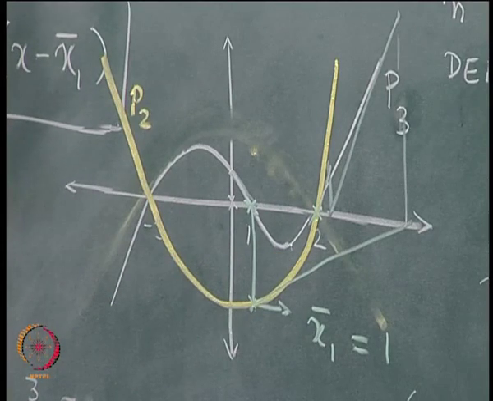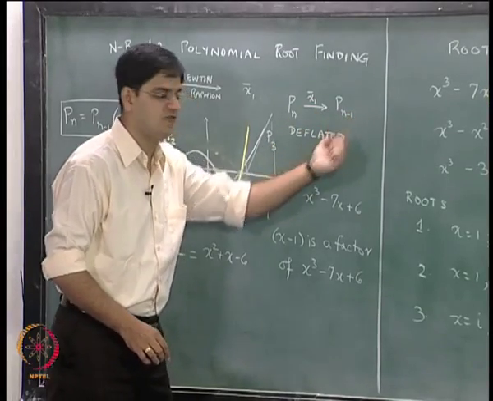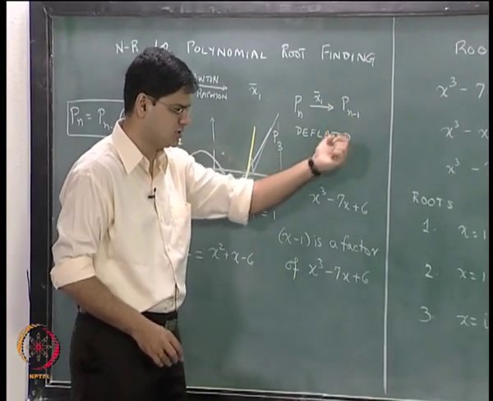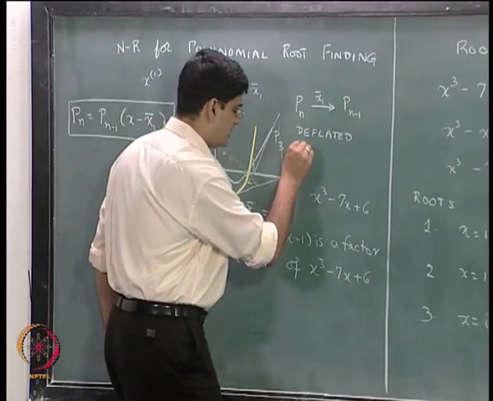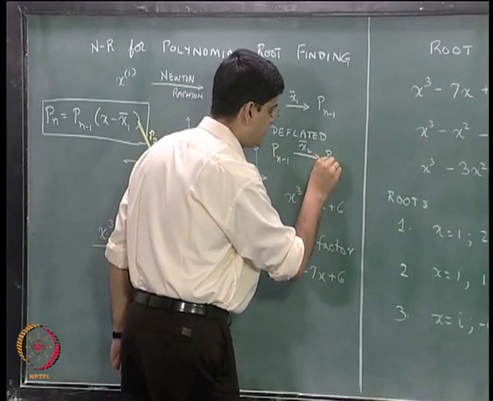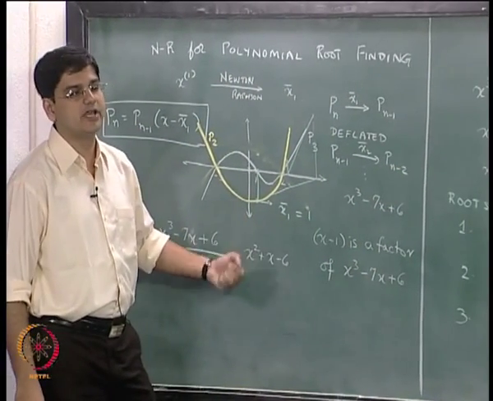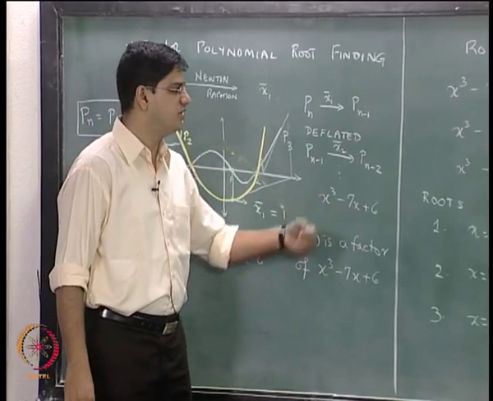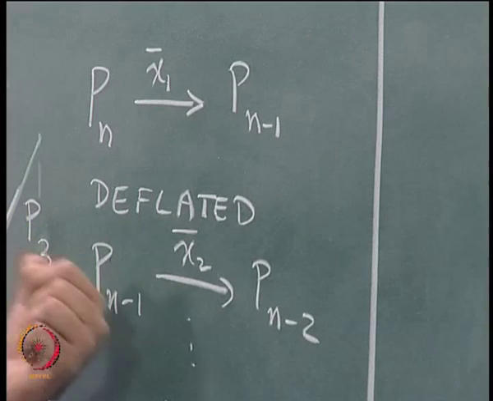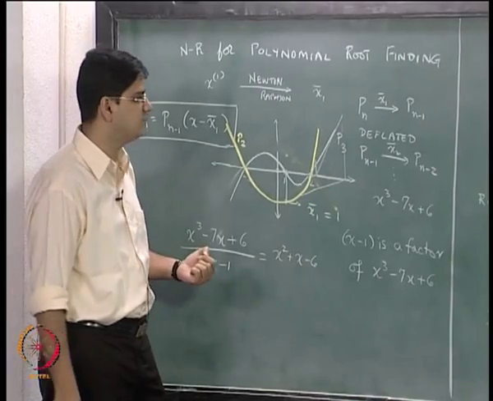and we will end up at the solution 2. So what has happened is that from Pn we obtained x1 bar and deflated that expression to Pn minus 1. From Pn minus 1 we got our second solution x2 bar and deflated it to Pn minus 2, and we repeat this until we reach P1. Each time we get a solution, we deflate the overall polynomial. By deflating I mean nothing but removing that particular factor from the original polynomial that we started off with.